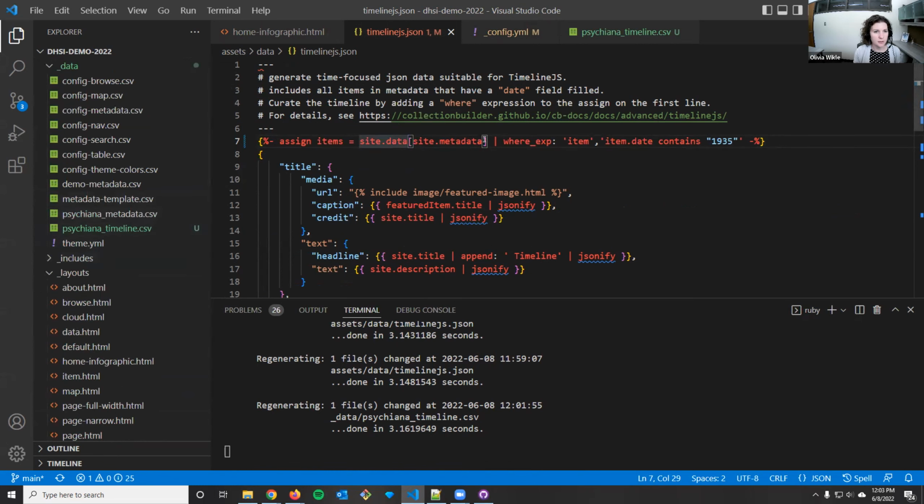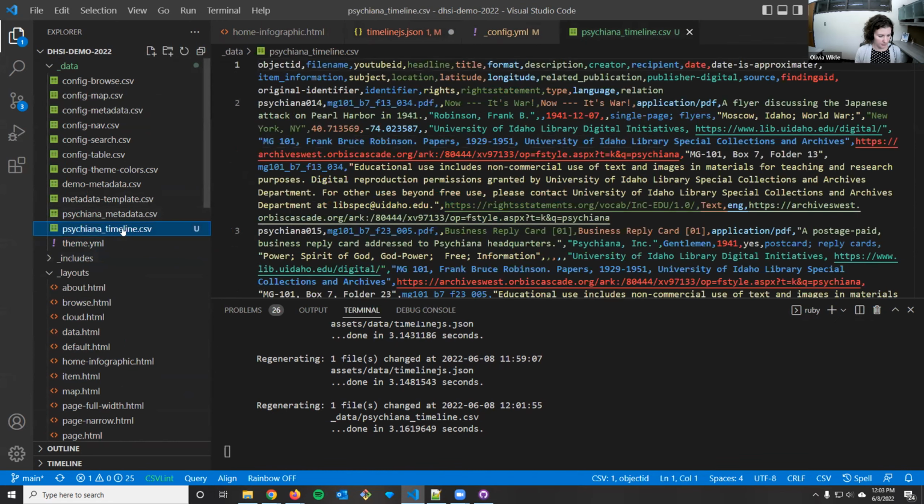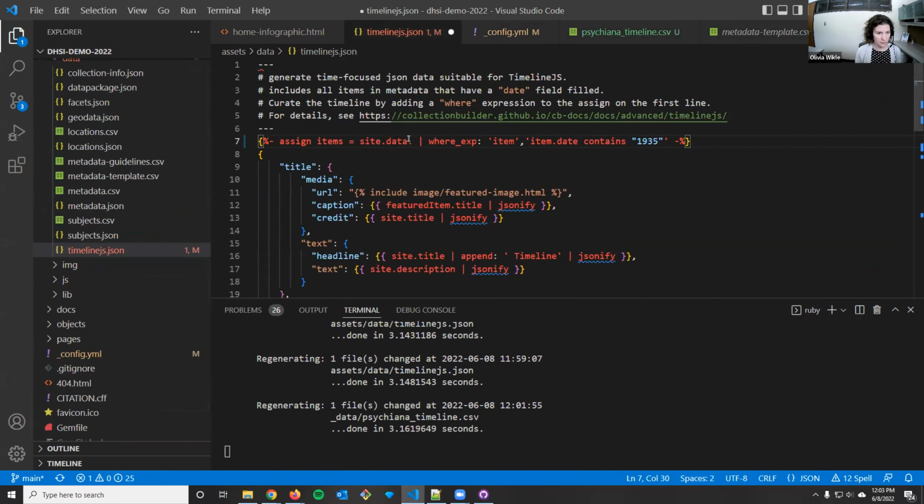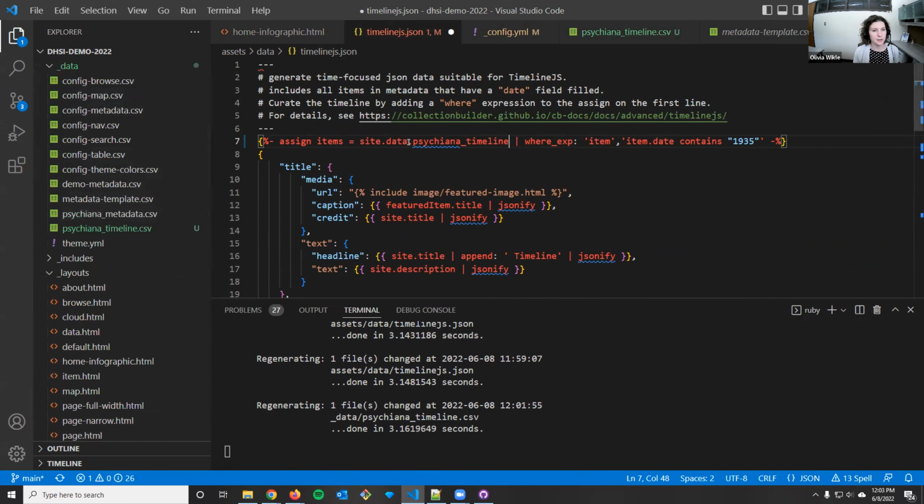So we can just delete this portion and instead type a period, and then just copy this file name here, and go back to the JSON file and paste in Psychiana timeline. So you could type that out too, but just to make sure there aren't any typos, you want this value right here to match whatever the new spreadsheet is that you just uploaded. And then